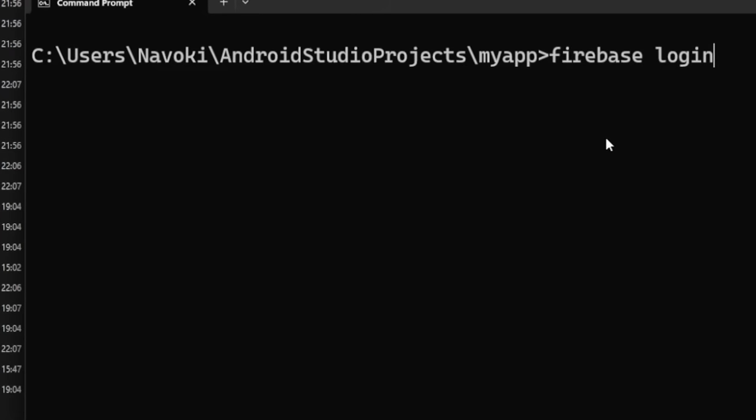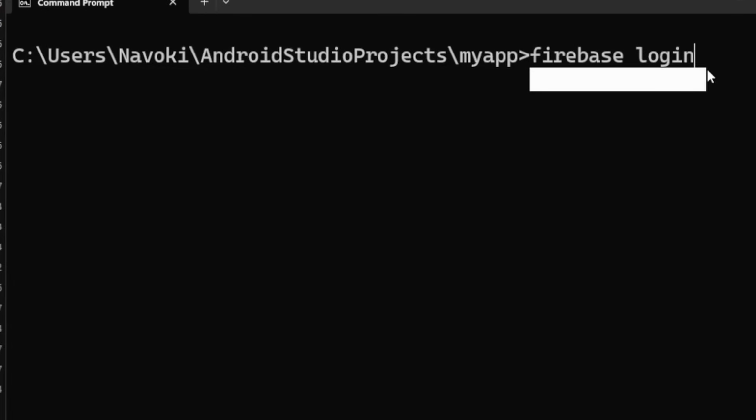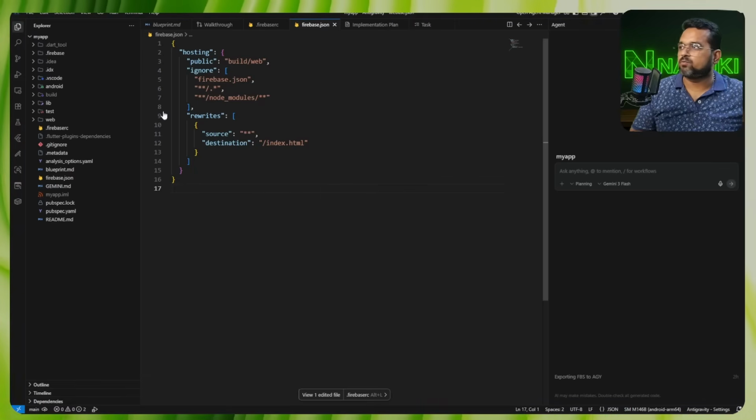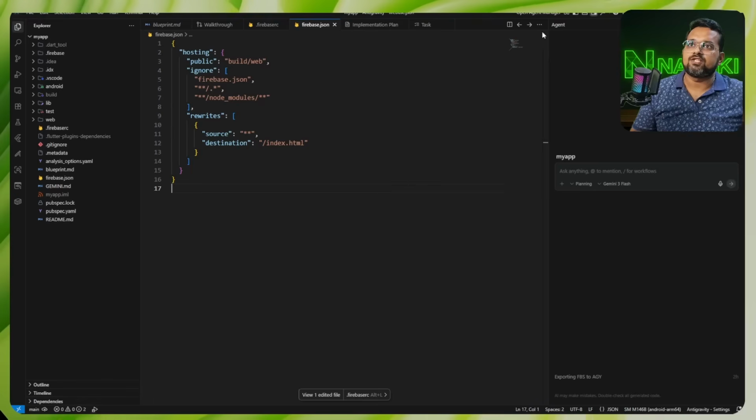After the Firebase CLI has been installed, run this command: firebase login. This way it will get authenticated and get access to your Firebase account. So my Firebase has already access to it. Now open the project in the Antigravity like this, and on the right side there is an agent window. There is your app selected, and type here